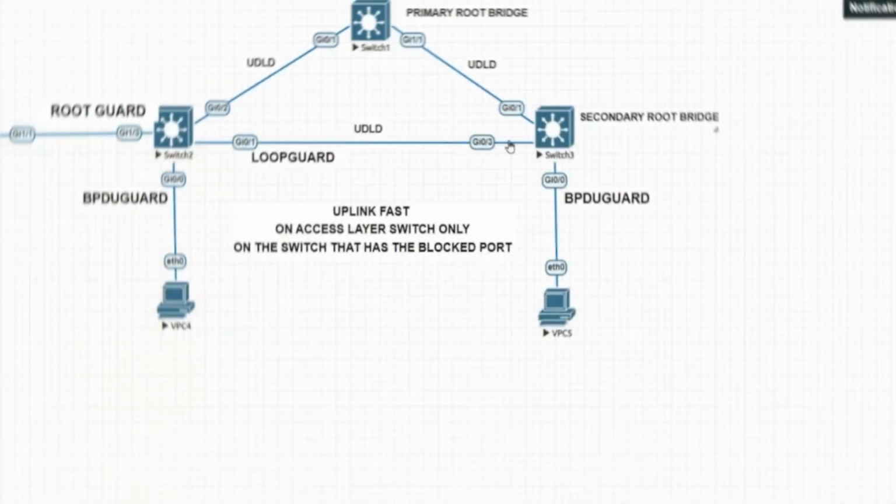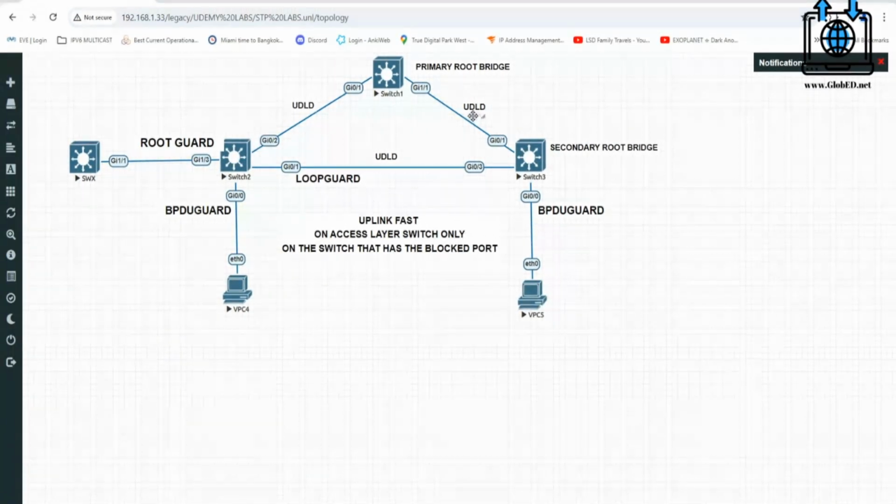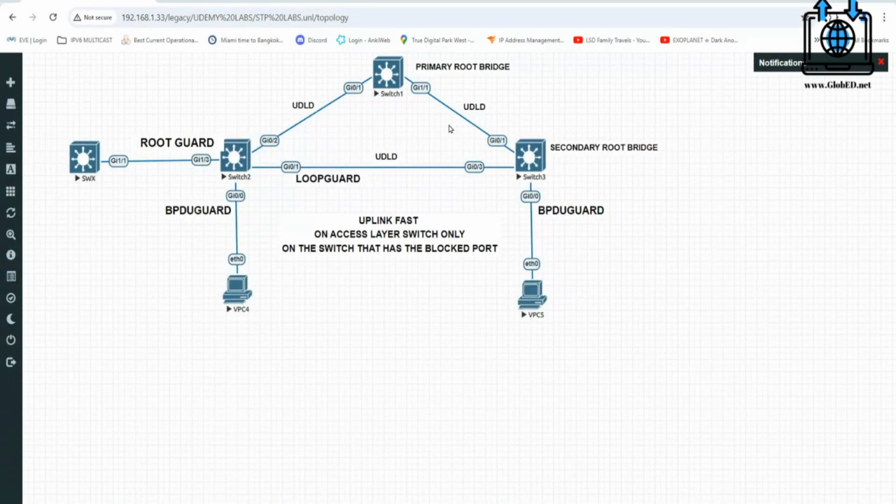So all these things together: first and foremost, selecting your root bridge, primary and secondary, then using UDLD. If it notices any problems, it'll go ahead and take care of it. And then you have the loop guards that you can do on both root and non-root ports. You have the root guard that protects you if you plug in a switch that has a lower bridge ID, which may want to take the root role from the root bridge.